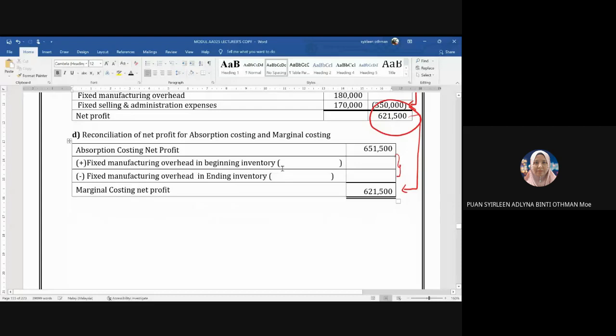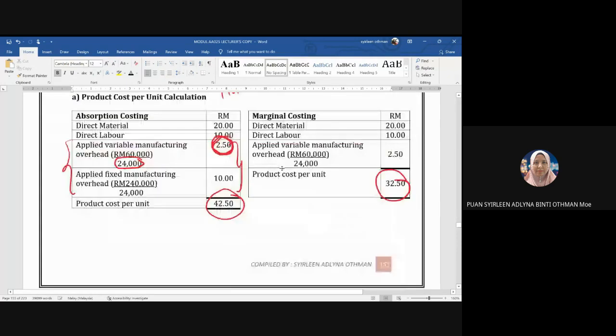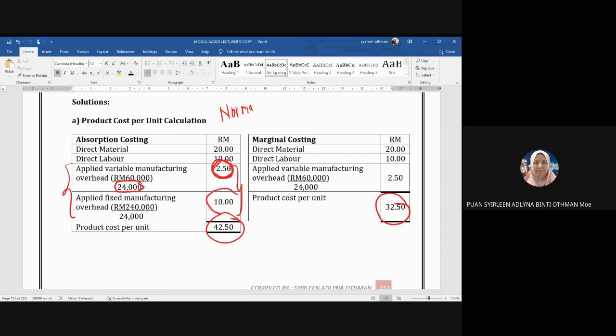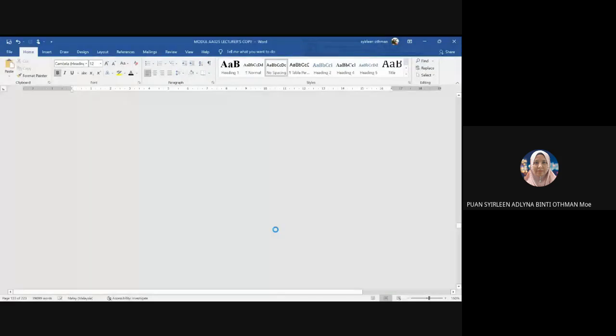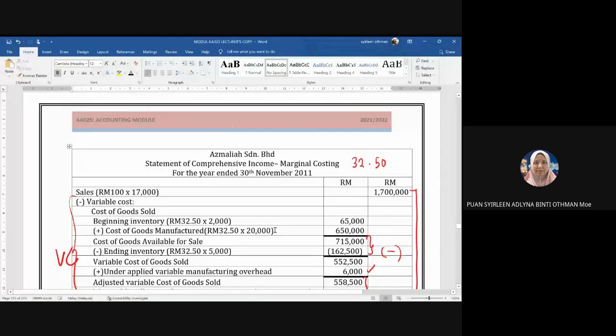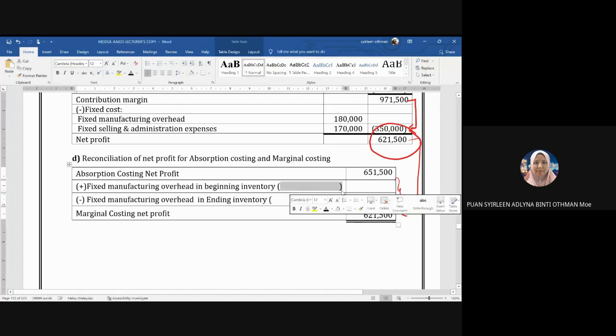Okay. I go back and scroll up to the cost per unit. So your fixed cost tadi, nilai dia ialah RM10 yang ni. So kita akan guna RM10 ni untuk reconciliation ya. Reconciliation, okay, you akan guna di sini. Okay, so now I'm going to use the same unit for ending inventory and beginning inventory. Cuma madam akan darab kali ni dengan RM10, which is the fixed manufacturing overhead. Okay, so your beginning inventory unit sama, iaitu dalam soalan tadi 2,000 unit. So di sini you akan dapat